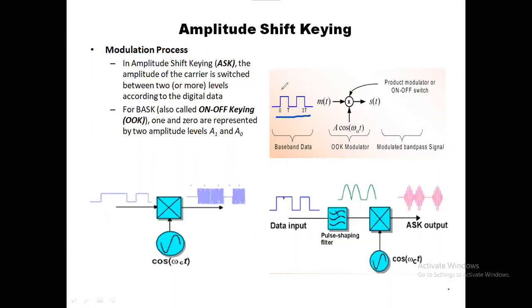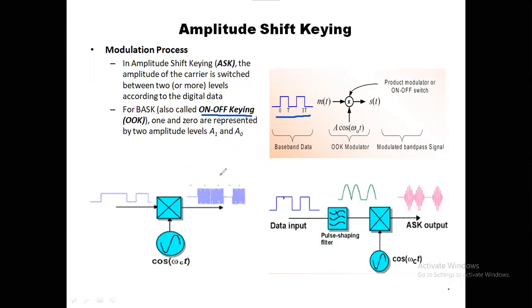So it means that the baseband signal is represented by the presence of the signal or the absence of the signal. So when we modulate this with amplitude shift keying, the carrier component is either on or off based on the baseband signal. So it is just like on-off keying of amplitude shift keying. This is the binary version of amplitude shift keying, which is most commonly used for infrared communication.